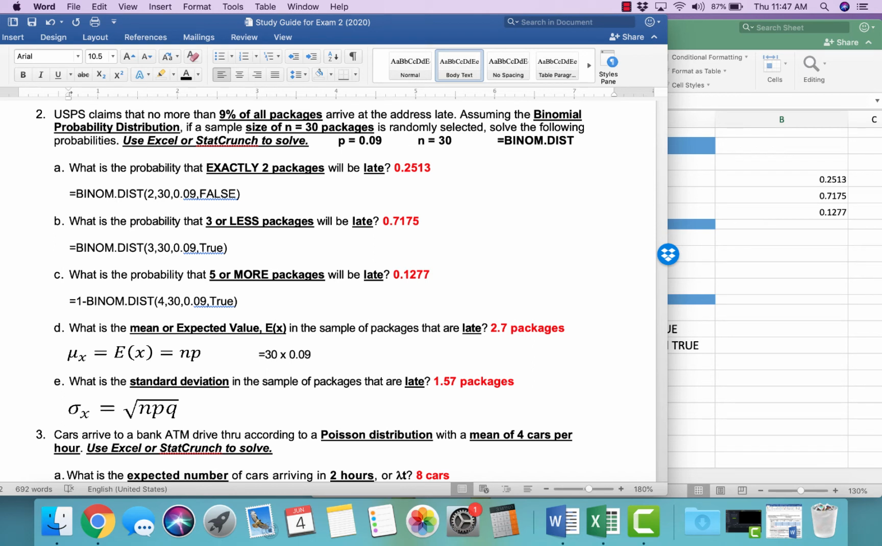In part E, we want to know the standard deviation in the sample of packages that are late. So again, the formula is given right here on the left. You can do it with a calculator or with Excel, but if you're using Excel, you can use equals square root, SQRT with the parentheses, and then you'll multiply N, P, and Q. So our N is the 30 packages times P, which is the percentage of late packages at 0.09, times Q, which is the complement of P. So the formula for Q is 1 minus P. So I would do 1 minus 0.09 to get my Q, and that would give us